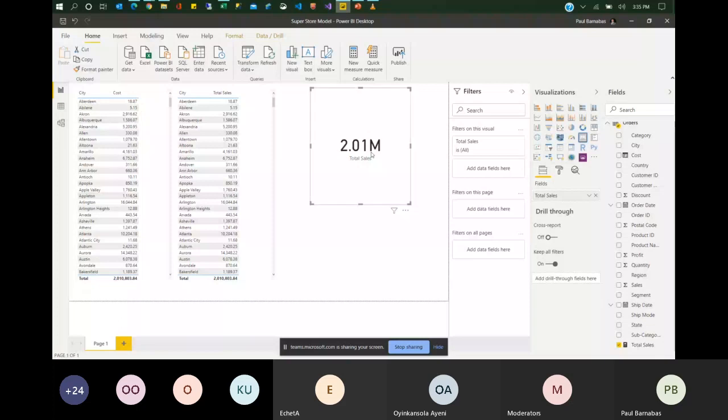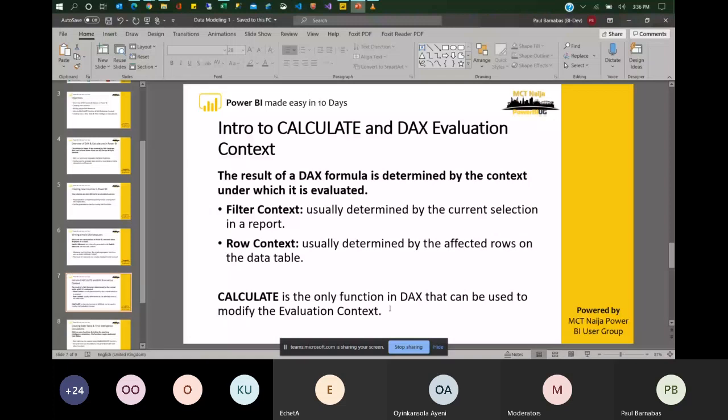What that simply means is that filter context is explaining that when you introduce a filter, when there's a selection, as you are breaking down the total cost by the city, there is a selection going on behind the scenes and breaking those numbers into the appropriate selection. And that's simply filter context.